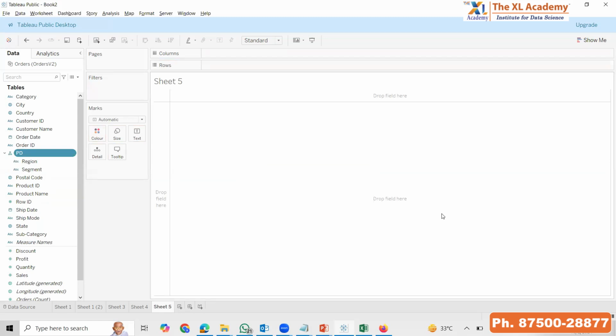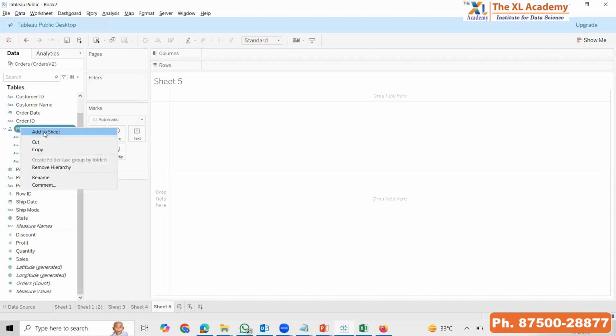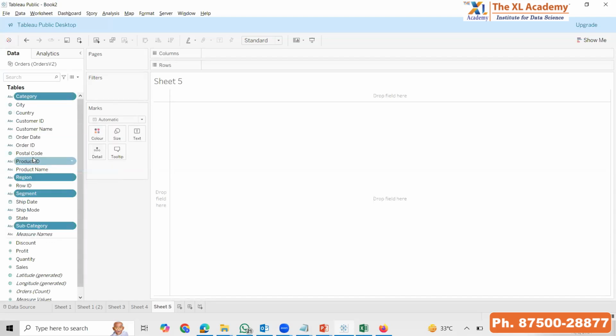Now you want to add the category to it. You can simply do the drag and drop. The category has been added. You want to add the subcategory, again drag and drop. Here it is. Okay, this is what we are getting over here. And again, if you want, you can remove it. Right click, remove hierarchy. So again, I have given you two ways of creating the hierarchy. Whichever you feel comfortable with, you can use that. Now, next,